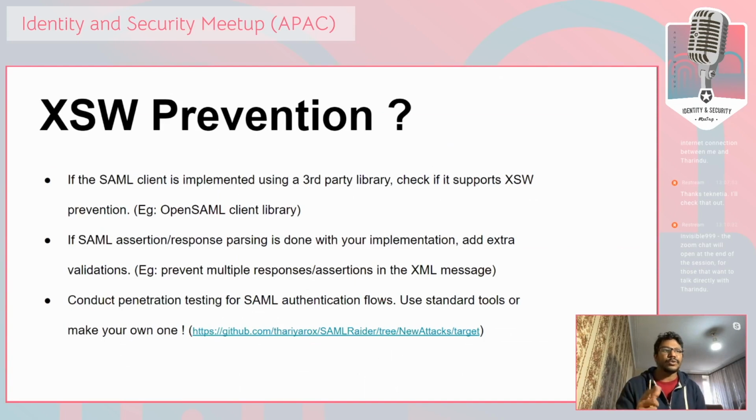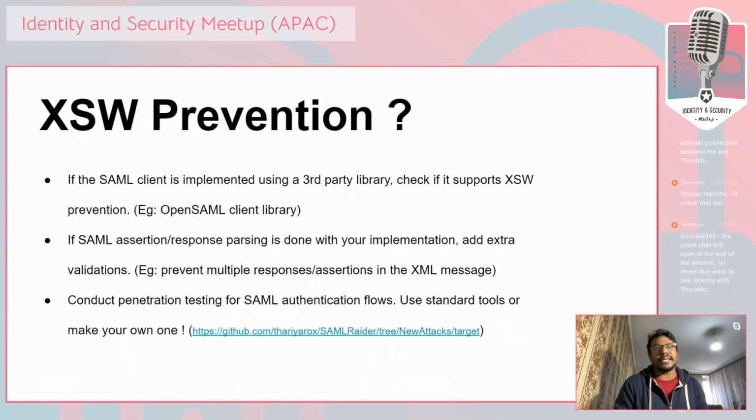In that case, you need to use the OpenSAML particular version, which has a fix for these signature wrapping attacks, right? Or else if you're implementing your own way to do that, you need to make sure you are correctly doing these validations, right? And then